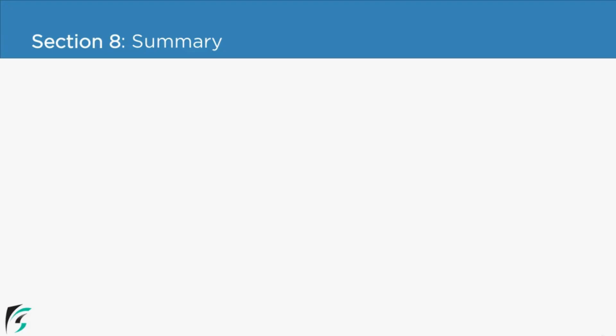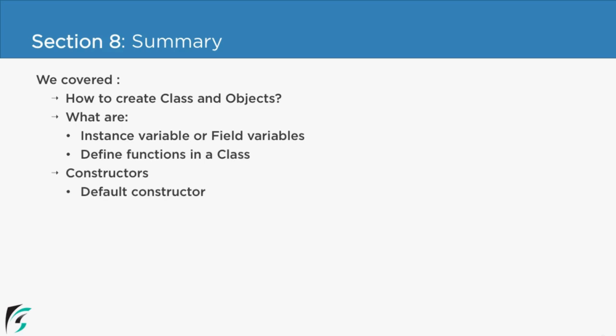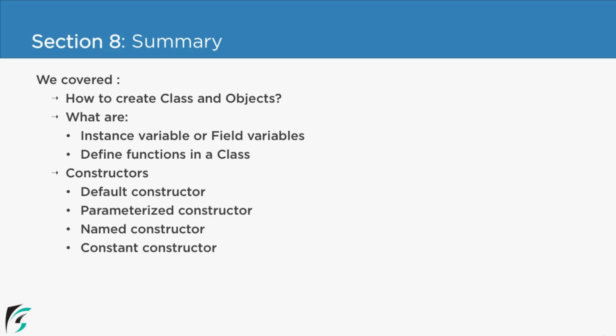So in this section, we have covered how to create class and objects, what are instance variables, how to define functions within a class, what are constructors and its types such as the default constructor, parameterized constructor, named constructor, and also the constant constructor. So we have covered all of these topics with valid examples. So let us continue our